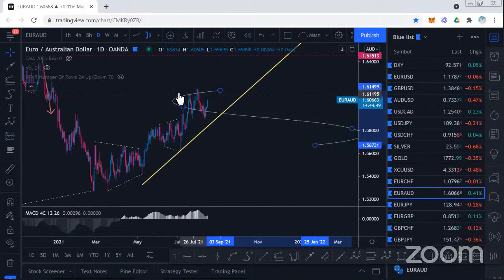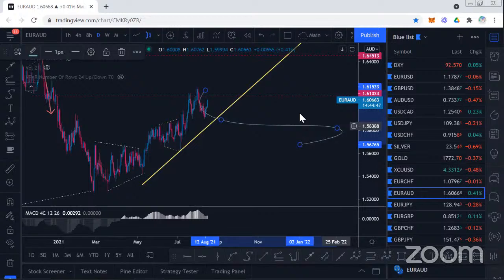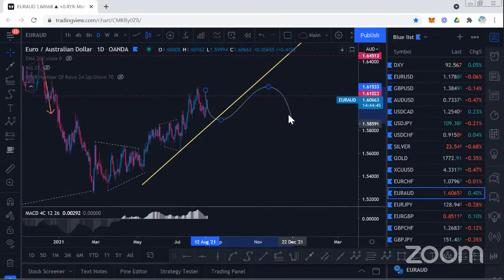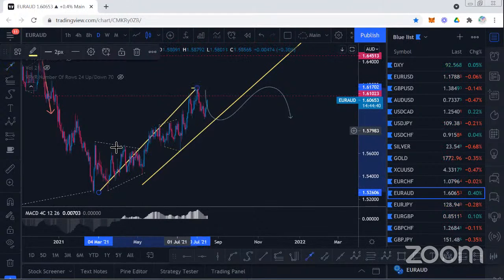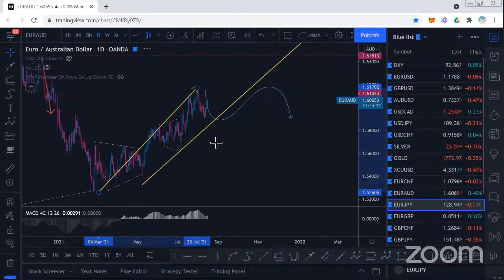What I like about this is if we get a decent corrective structure here over the next few days, probably weeks actually, it means all of this is your big impulse to the upside, your first impulse, and it's very, very choppy, meaning the next one should really accelerate to the upside if we get that. So we'll be keeping an eye on this one as time goes on.